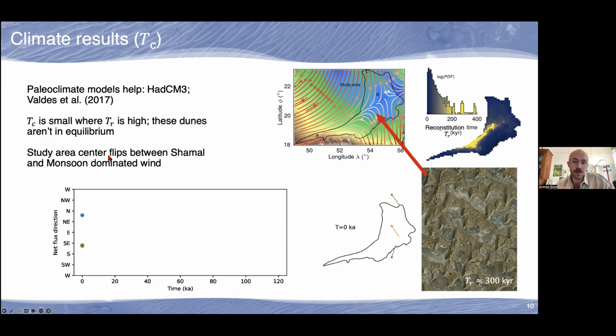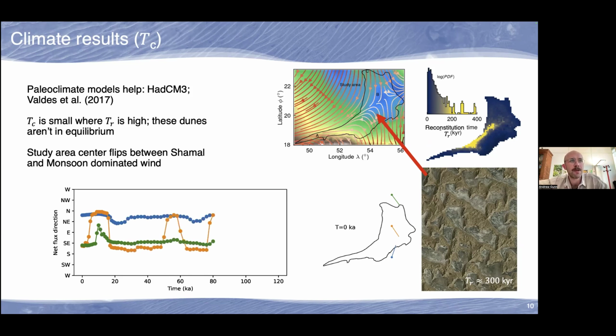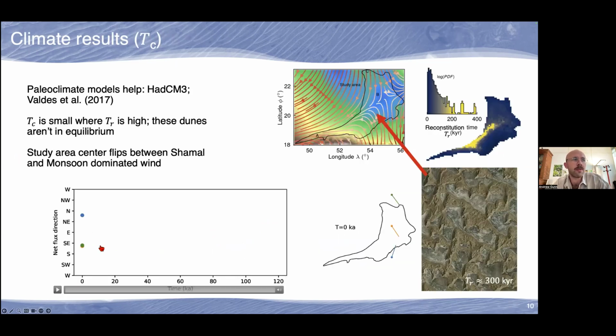But we can also look to paleoclimate models to sort of verify this idea. So this is the HadCM3 model from the Bristol Paleoclimate Group. And this is work with Joe Neal, the paleoclimatologist at Melbourne Uni. And what we have plotted here is the net flux direction, which is, oh, I think the videos aren't working properly, but